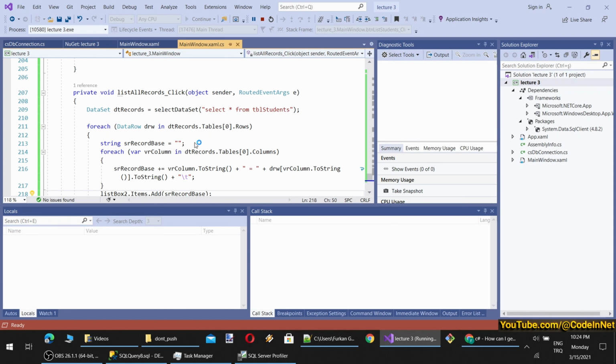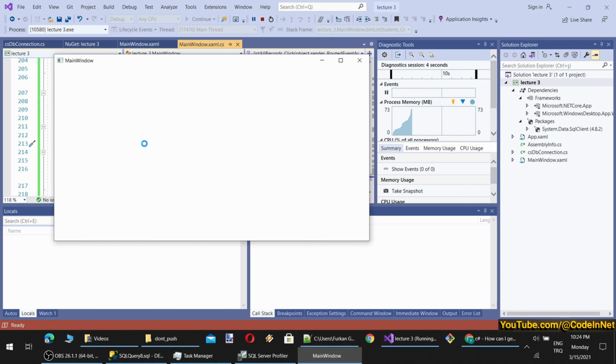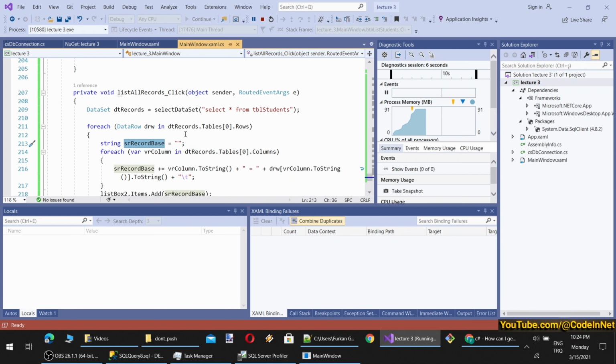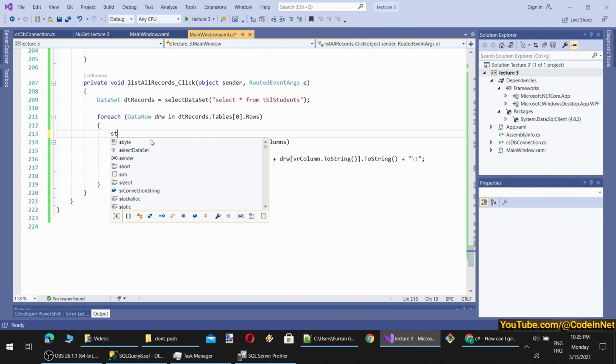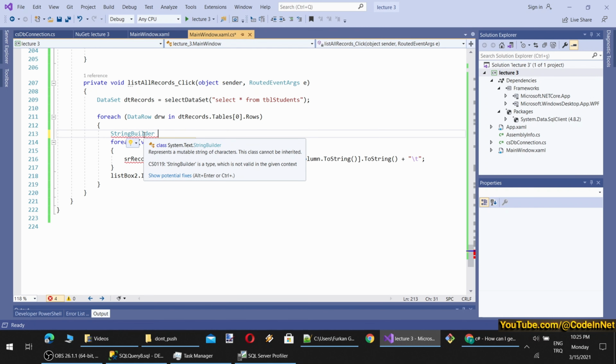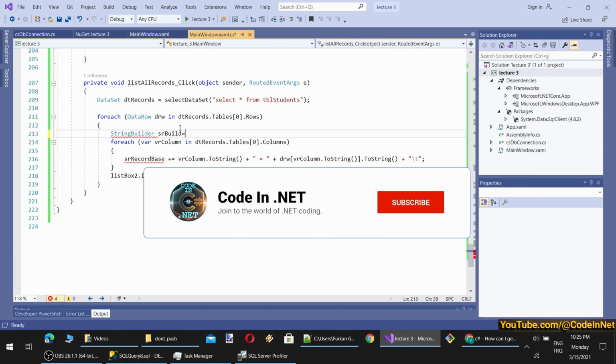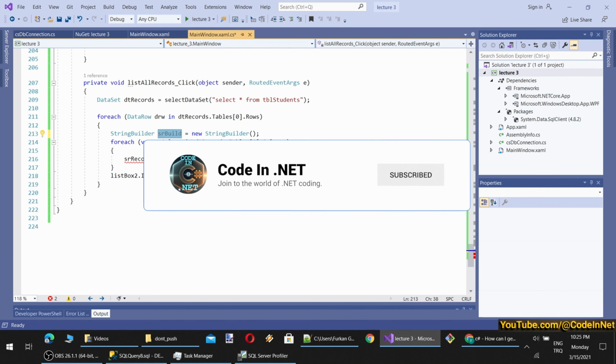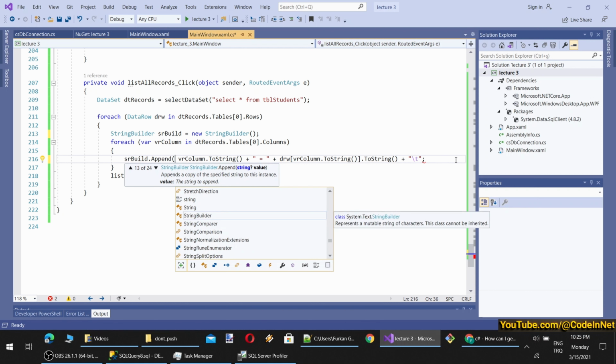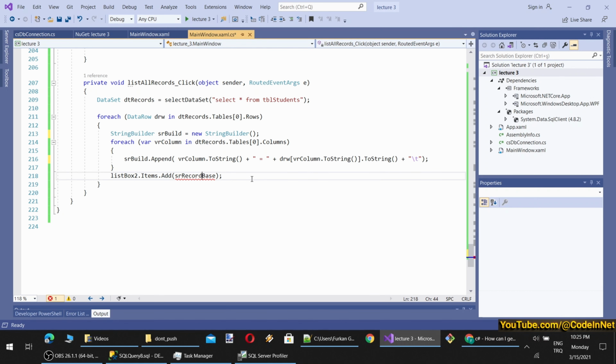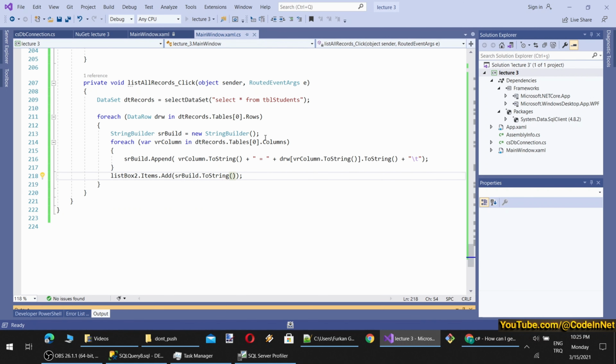By the way, a StringBuilder would be more appropriate to use, because string concatenation is a big operation for the computer: each time it allocates a new string object. However, this is not that big, so we have used a string, but let's use a StringBuilder. That is better, so we learn the better option. StringBuilder comes from System.Text, new StringBuilder, and here we will use Append. It will append like this. Then it should work each time because we will initialize a new StringBuilder like this. Let's test it.